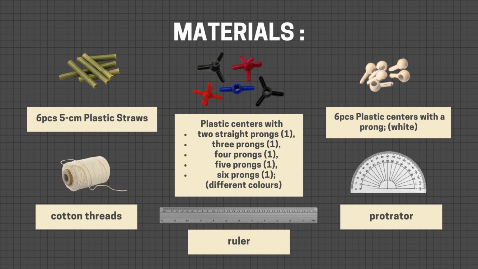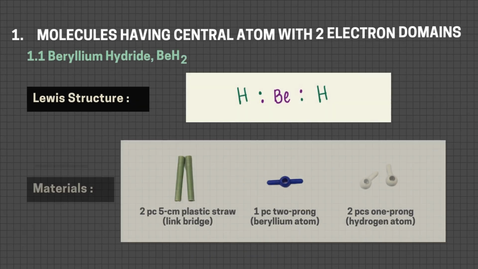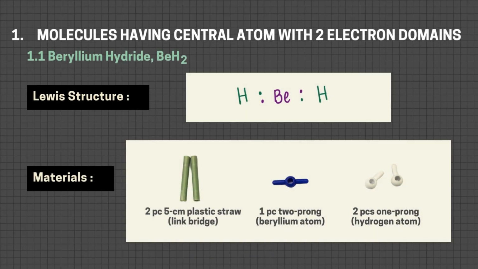As for materials, we use 6 pieces of 5 centimeter plastic straws, cotton thread, a ruler, a protractor, 6 pieces of plastic centers with 1 prong, white color, and plastic centers with 2 straight prongs, 1 piece of 3 prongs, 1 piece of 4 prongs, 1 piece of 5 prongs, 1 piece of 6 prongs, which all have different colors. For the first part, we are going to construct a molecule which has a central atom with 2 electron domains,